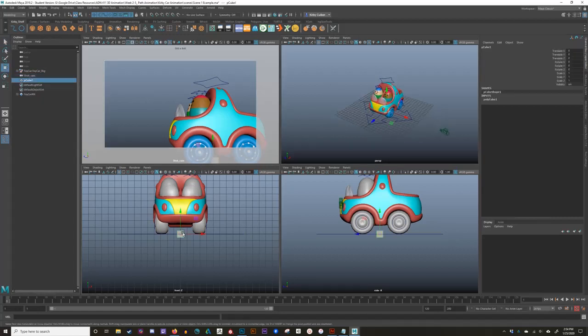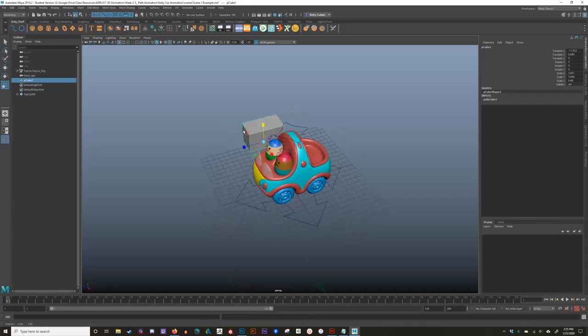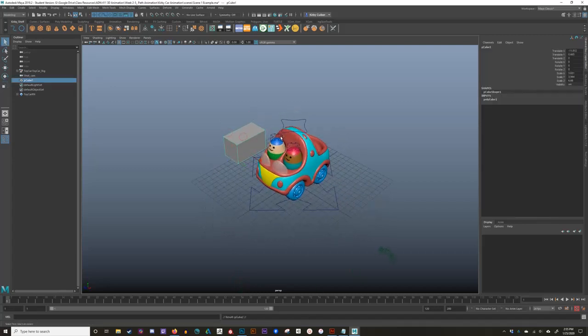So I'll just make a quick cube. Maybe he's driving by a bunch of little blocks or something like that. Yeah, I'll probably end up making some wood blocks. Maybe it's like the toy version of a road guard thing. So got my box over here. We'll make a few of them. Just line them up